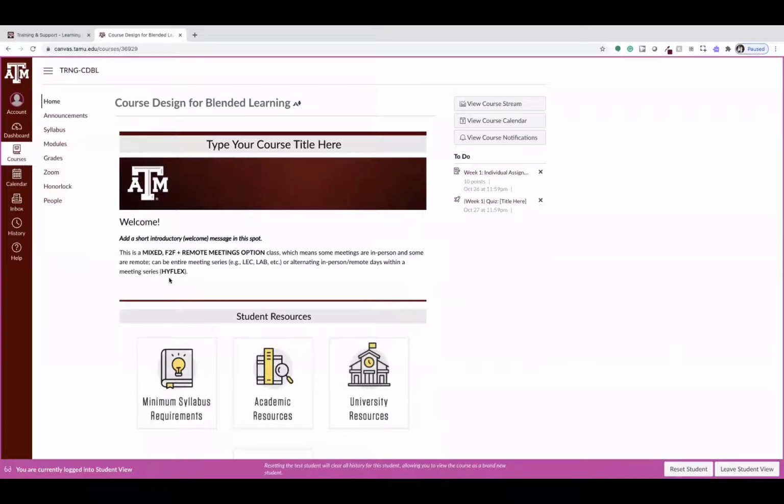Here you might even want to do a brief introduction because this is their landing page. This is their first introduction to your course. And you could even add a link to that course overview module that gives them even further direction on your expectations and objectives in the course. If I go to that modular view,